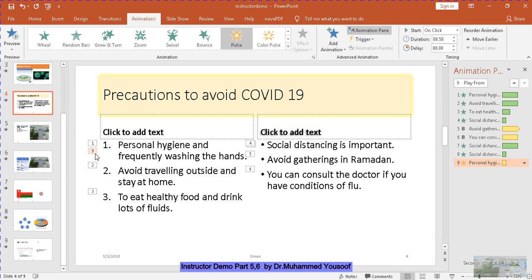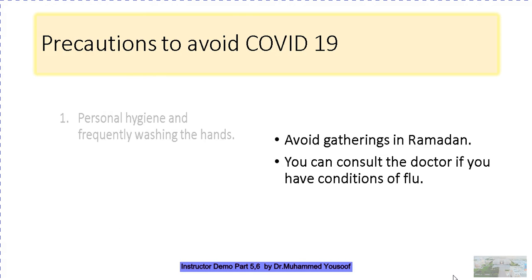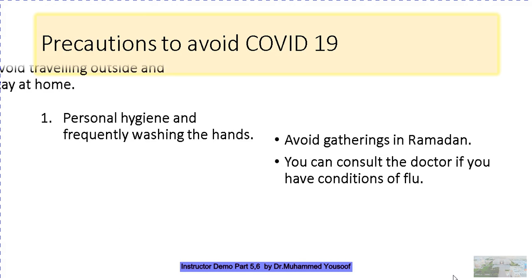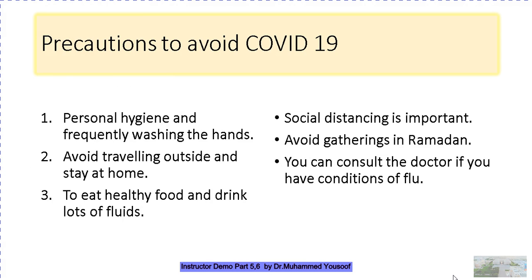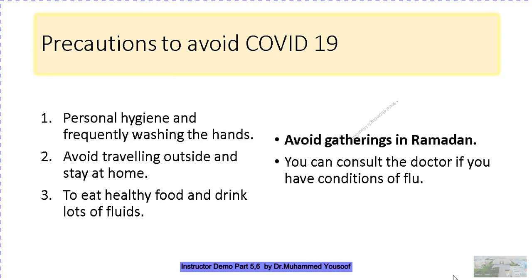This will be the last animation, the ninth animation now. That means the number is going to show the sequence. If you put 9, don't think that this will come first. Now when I run the slide, you can see it just comes normally. Now the second animation comes, third one, fourth one, fifth one, sixth one, seventh one, eighth one. Now you see the ninth one I applied. Can you see that?